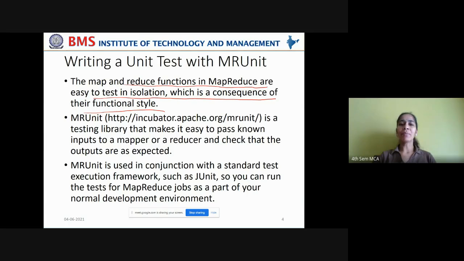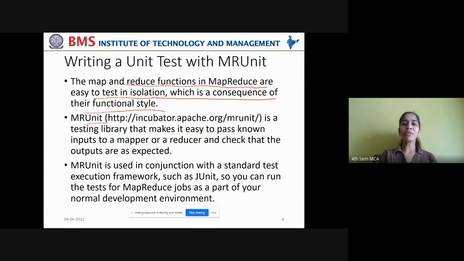You can test the MapReduce jobs at the functional level, at a unit level. They can be tested separately to see whether they are working fine or not, and then they can be combined to complete your MapReduce job. So it is very easy to test these MapReduce jobs in isolation.